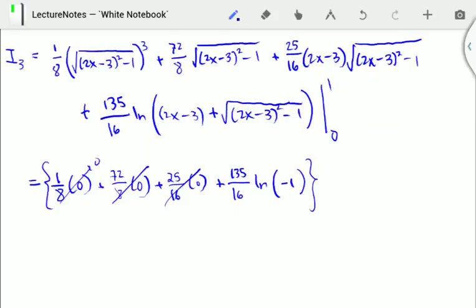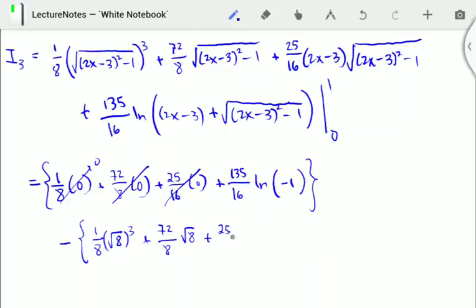Of course, we're not yet done because we're going to subtract it with everything evaluated at 0. So now when you evaluate the square root at 0, what does that give you? 2 times 0 is 0. Minus 3 is negative 3 squared. That gives you 9 minus 1. That gives you square root of 8. So every time you see the square root, when you evaluate it at 0, it gives you a square root of 8. So that's square root of 8 cubed plus 72 over 8 square root of 8